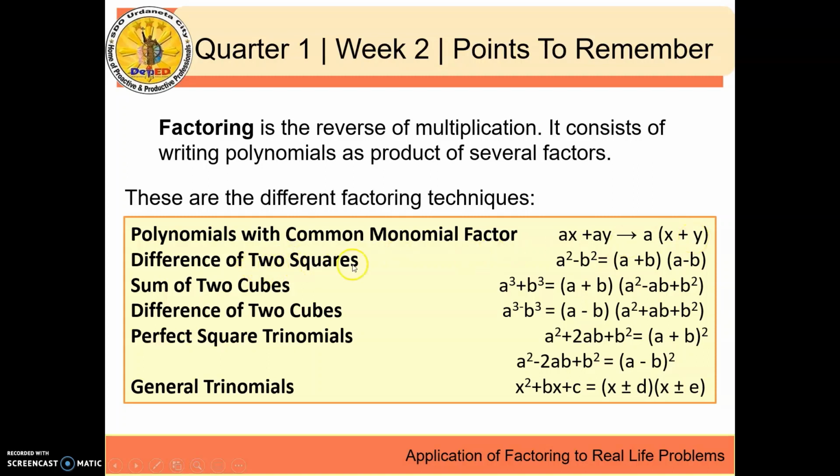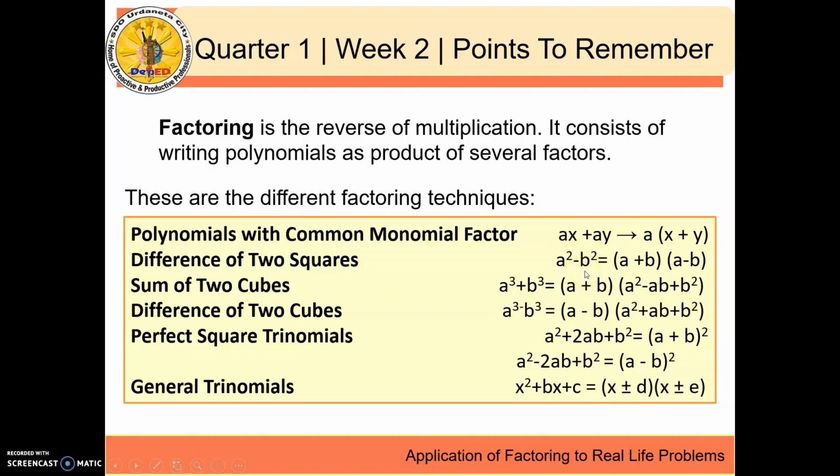Next, for the difference of two squares, if the polynomial has exactly two terms and both terms are perfect squares and the operation involved is subtraction, like this one, we can factor it using the pattern a plus b times a minus b, where a and b are the square roots of the first and the second term